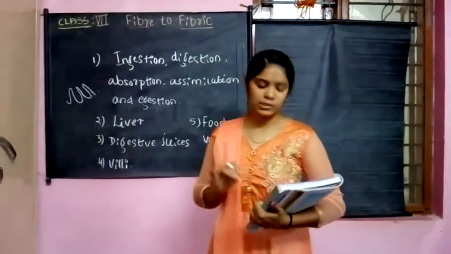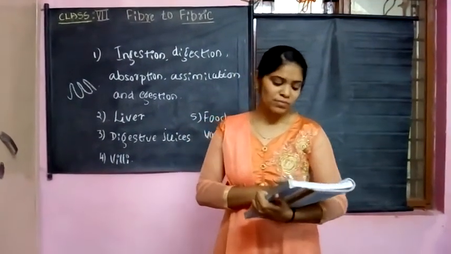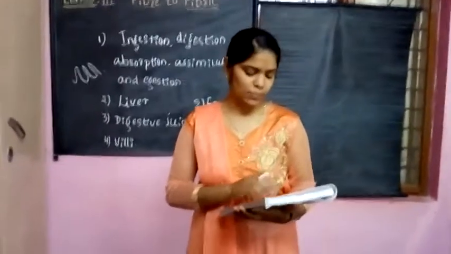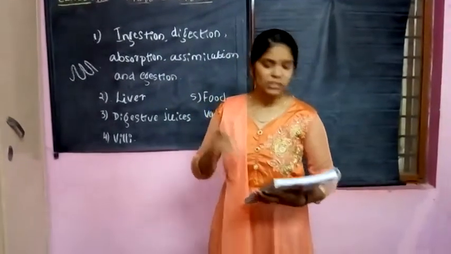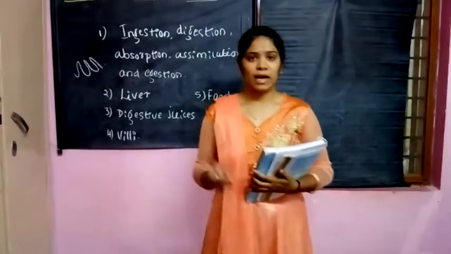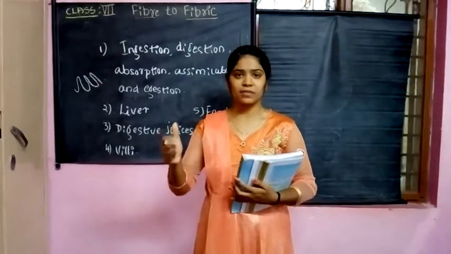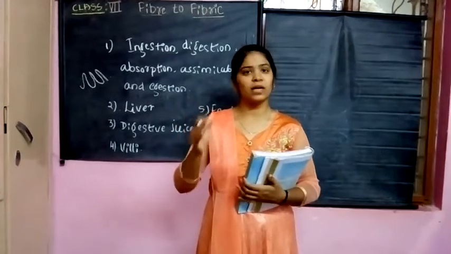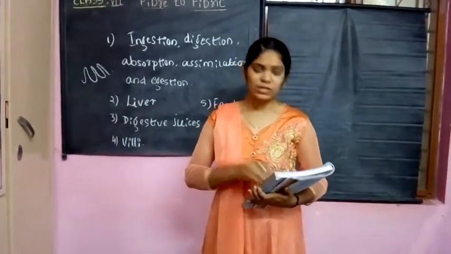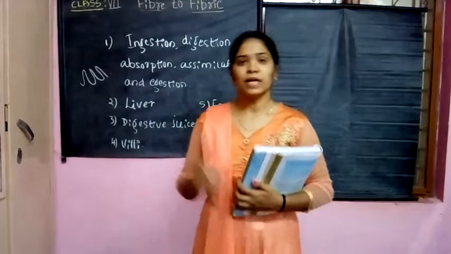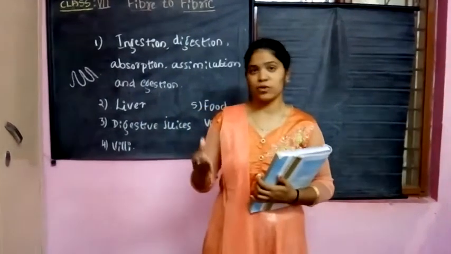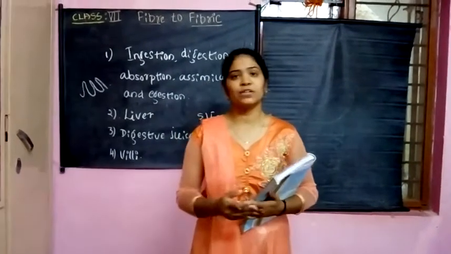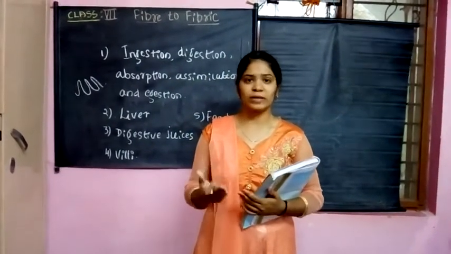This is the answer. So the next question is, where is bile produced? Which component of the food does it help to digest? This bile juice is produced in the liver and stored in the gallbladder. Which component will it digest? It will digest the fat materials. As I told you, this bile juice has more power and it will easily digest the fat materials.